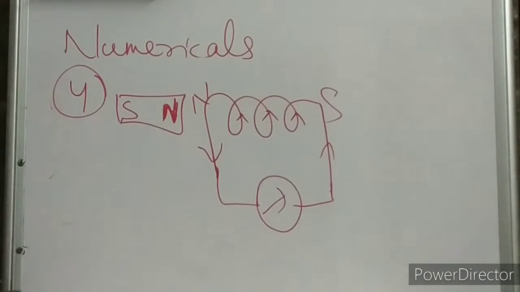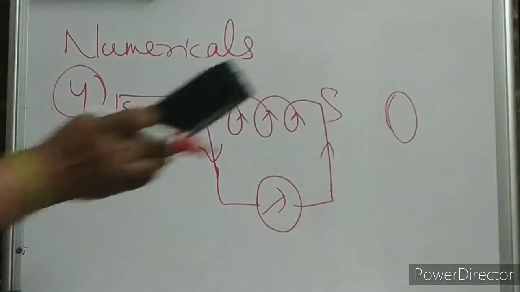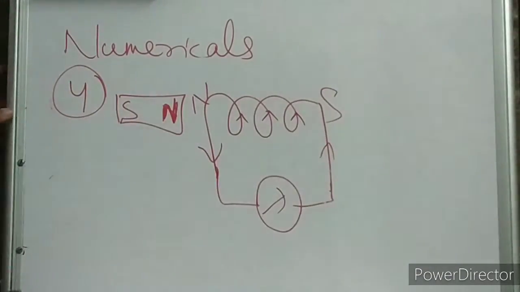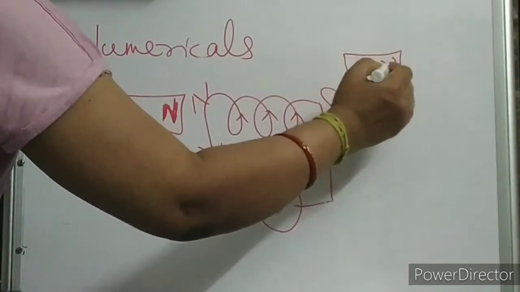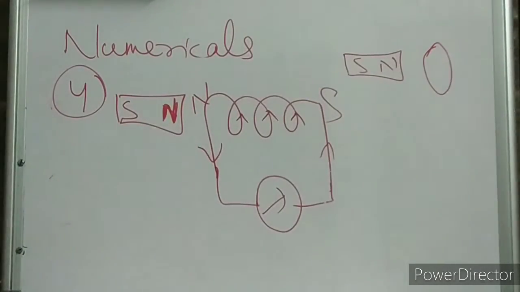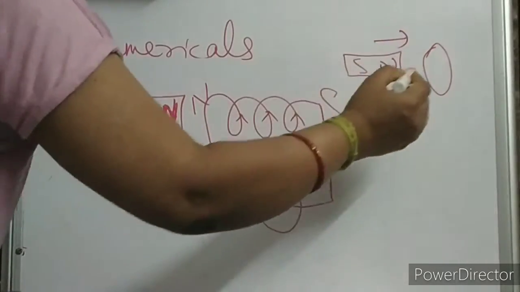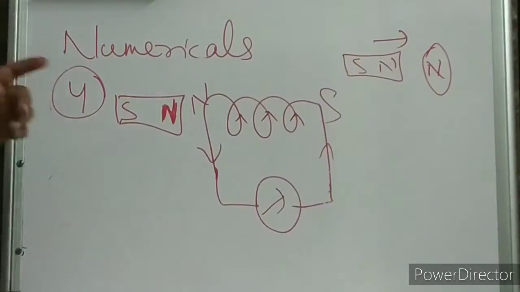See, what we have studied. Suppose this is the face of the coil. I'll explain all the things again, not exactly, we'll just try to revisit. So this is your north and south. This is the face of the coil. Clear, children? North pole is moving like this. So what will happen? Here north pole will be there in the face of the coil.